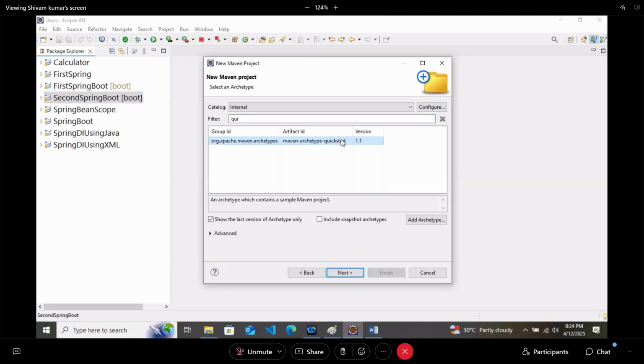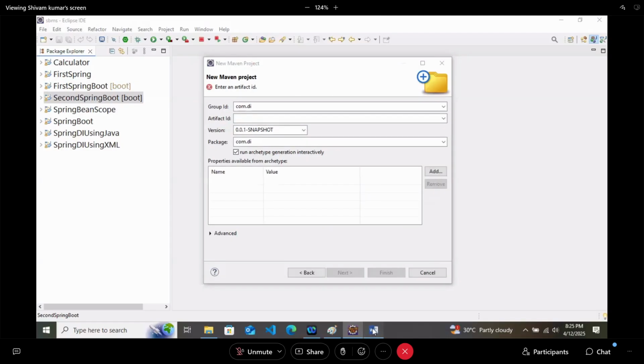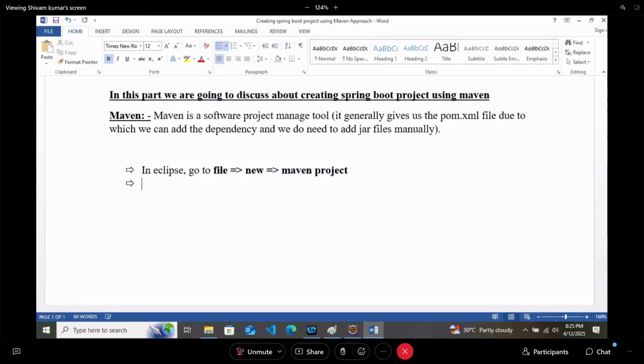Now what is this archetype? That we have already discussed. So just click on next. Same thing I will mention: click on next and select catalog as internal, and archetype as quick start.